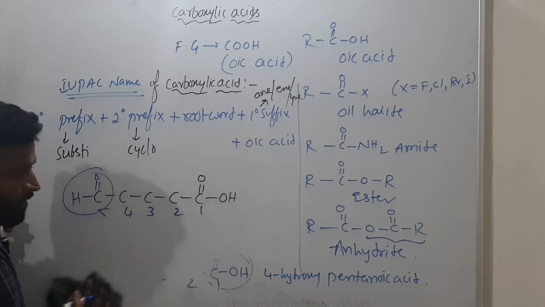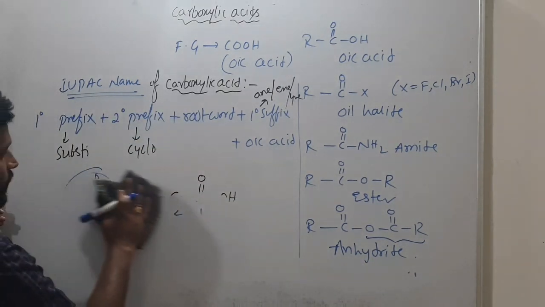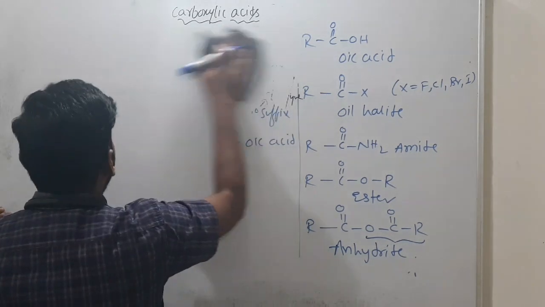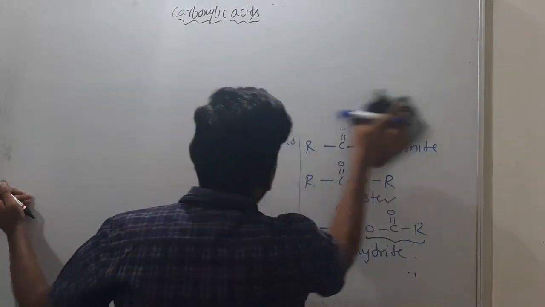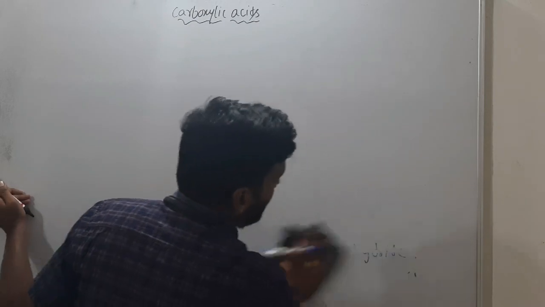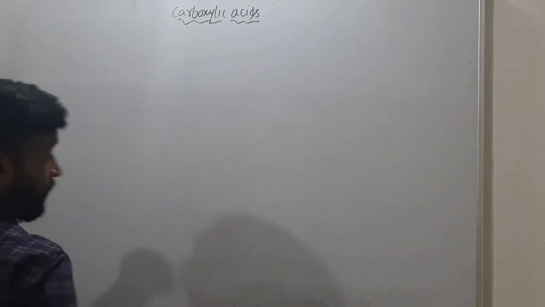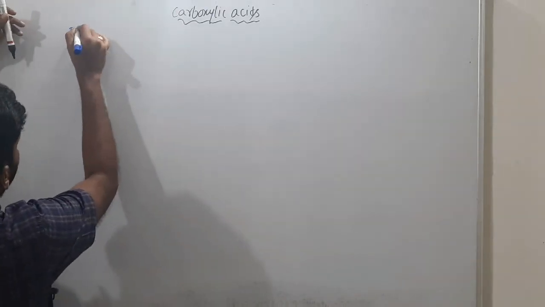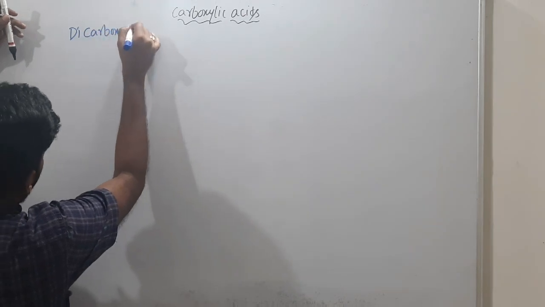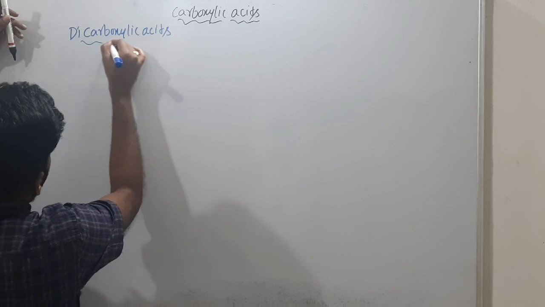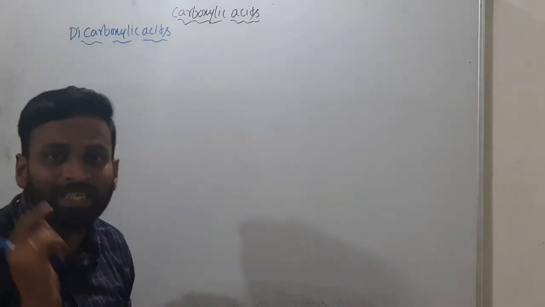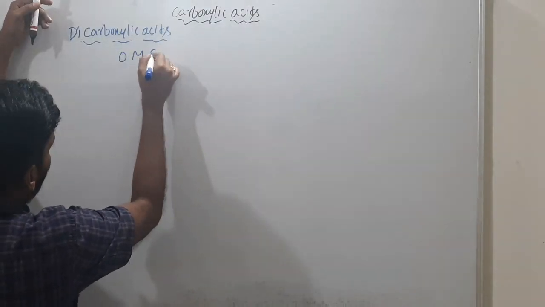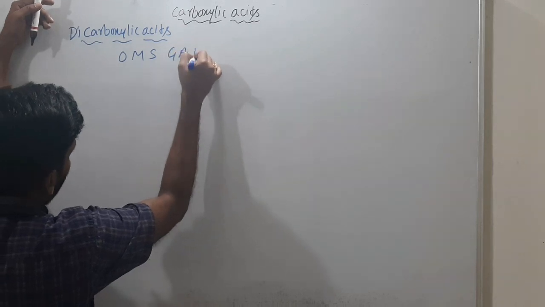Now some dicarboxylic acids I will give you. Please note down all these things, just today's introduction itself, and tomorrow I will give you preparations and all. Very important, please note it down, because nomenclature also they are asking in our NEET exam. Aromatic I will tell you later, but now some dicarboxylic acids, with the difference of number of CH2 groups. I will give some acids like OMS GAP, Ohm's gap.